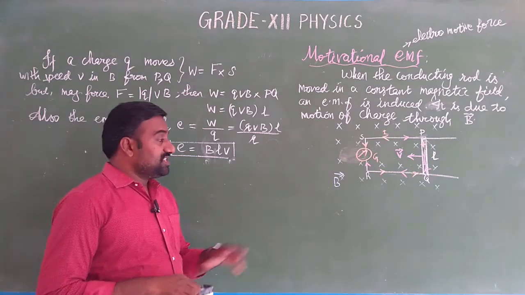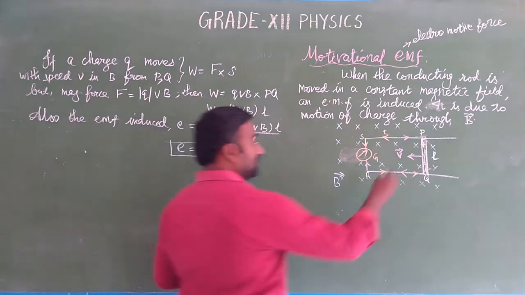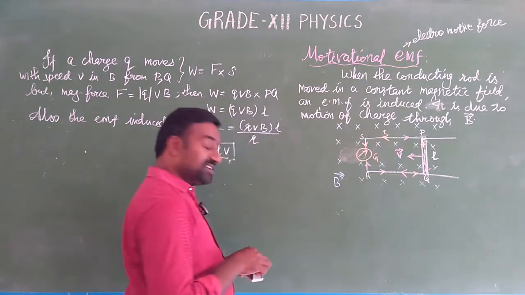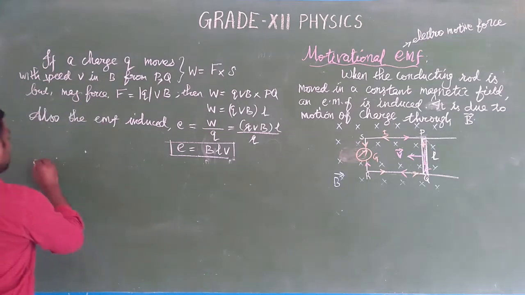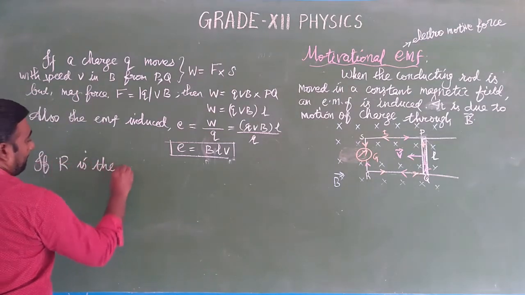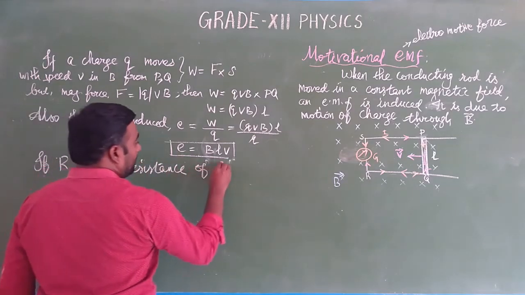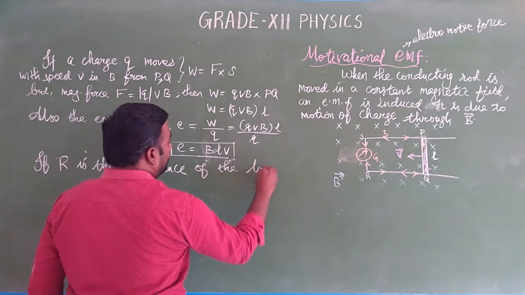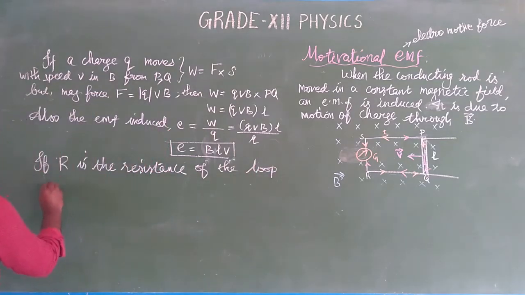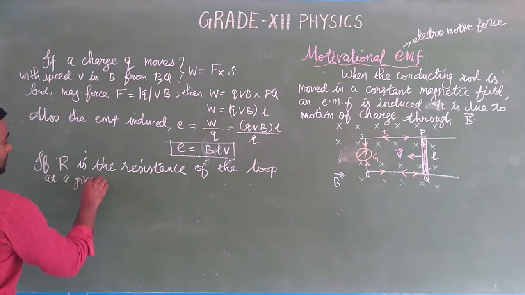This is a current carrying conductor, but it has some resistance, no? So if R is the resistance of the loop at a given instant, then